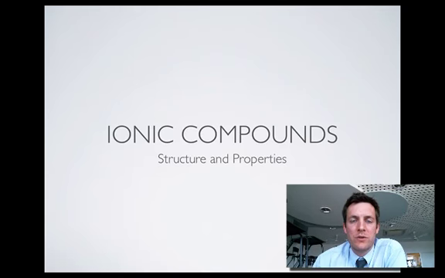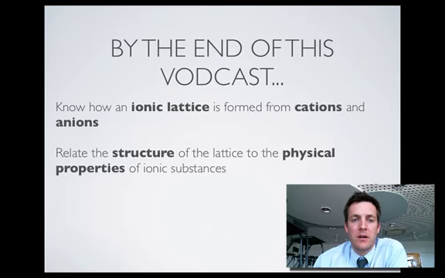Hello and welcome to the third of the three films about ionic compounds. Hopefully you've watched the ones about naming and formulas, and you've watched the introduction that tells us how to spot ionic compounds. This one deals with how the particles are actually arranged in an ionic compound and how that affects its properties. Okay, so hopefully by the end of this film you'll understand what we mean by cations and anions